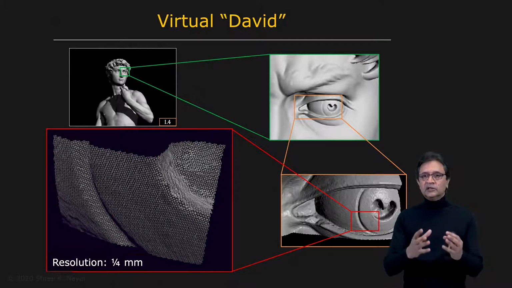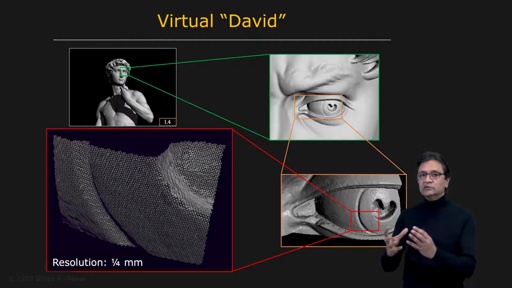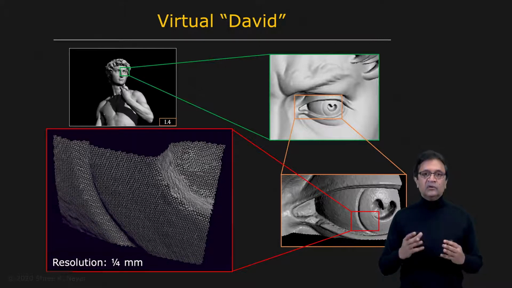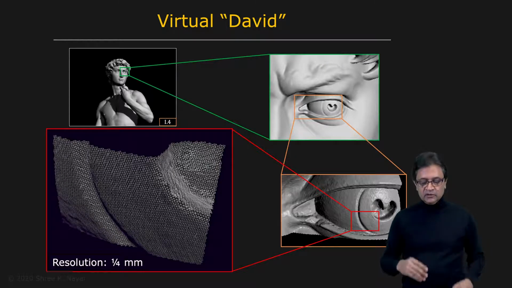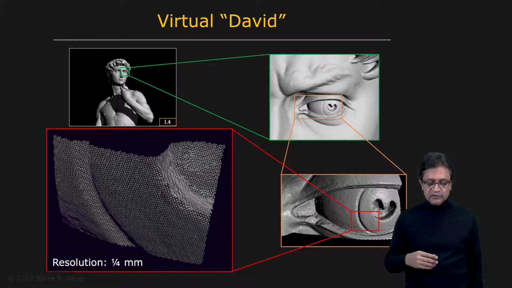Now you can imagine that using this model, you can create a virtual museum. You can also then use this model to, over time, repeat scans and figure out which parts of David are decaying, have damage, and so on and so forth. So that's for archival purposes.